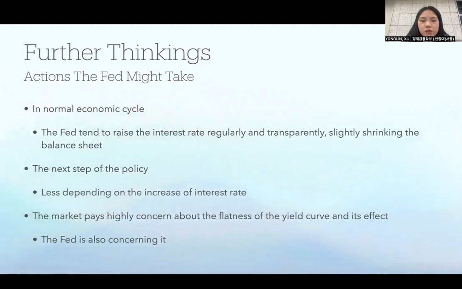This is very important, and as we said on the last slide, the market is paying high attention to the yield curve. They are also paying attention to its effect, and not only the market or the investors, but the Fed also